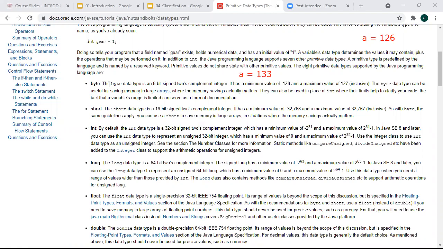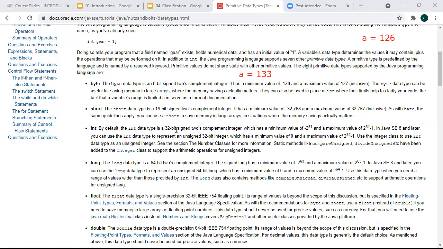Okay, this is in more depth, but it doesn't mean that you cannot declare this A as an integer type. Let me explain why. They are telling you the range, but if anyone asks what is the minimum data type that you should provide to this variable in terms of memory saving, then you will go for byte because it occupies one byte. 8 bits is equal to 1 byte. Short occupies 2 bytes. 16 bits is equal to 2 bytes.